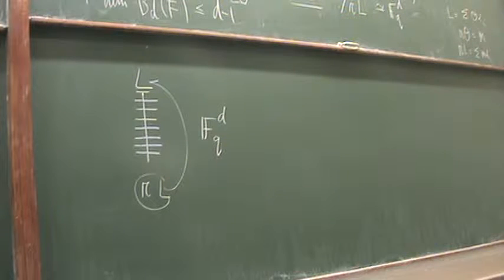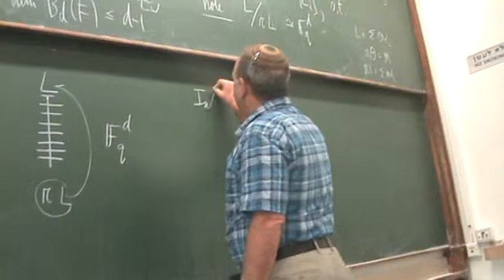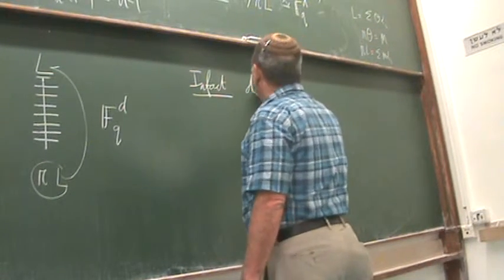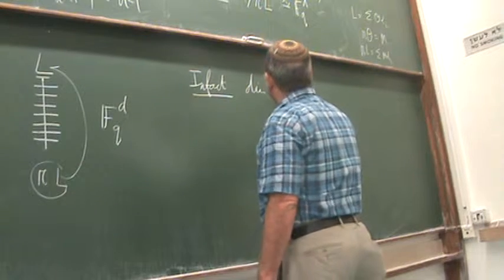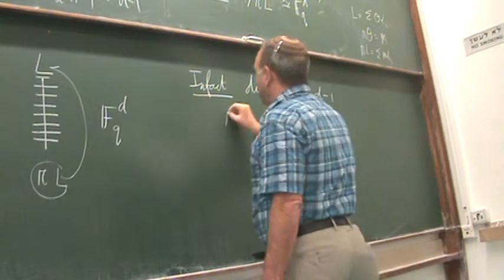So the total length is at most D, which means that the dimension of the cell is at most D minus 1. In fact, the dimension of BDF is equal to D minus 1, since